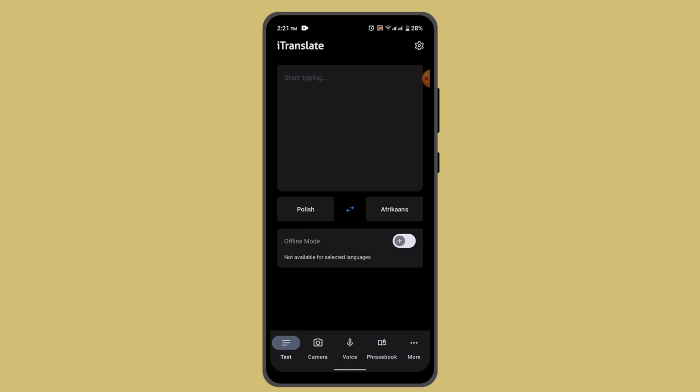First of all, many messaging apps such as WhatsApp, Facebook Messenger, and Telegram allow you to select and translate text using iTranslate directly within the chat interface. Simply highlight the text you want to translate, and then you can tap on the share button or go to the more option and then select iTranslate from the list of available options, and you'll be able to find